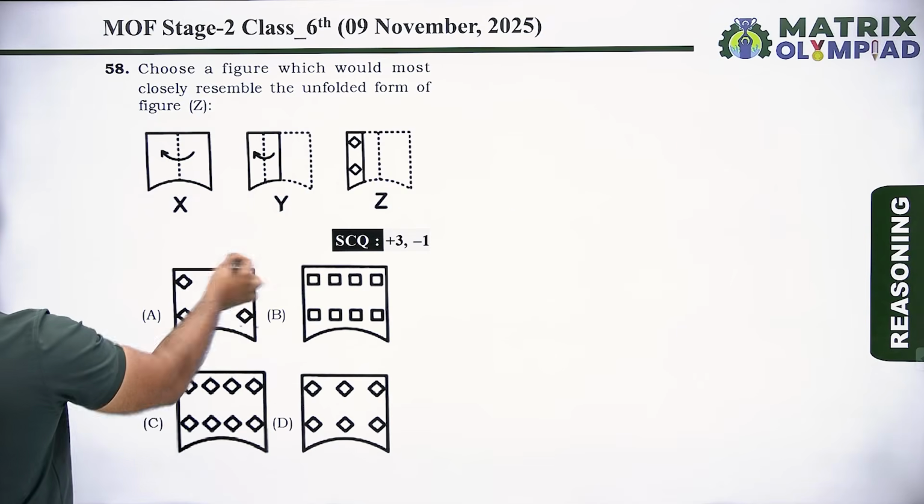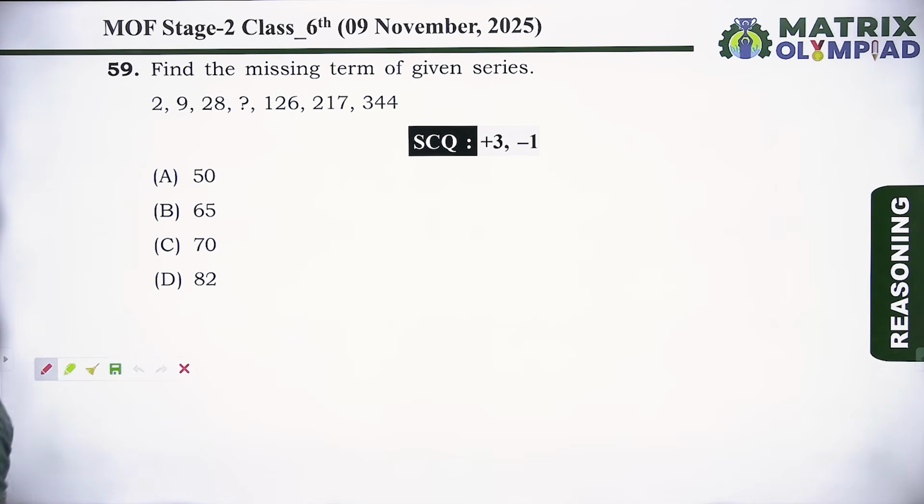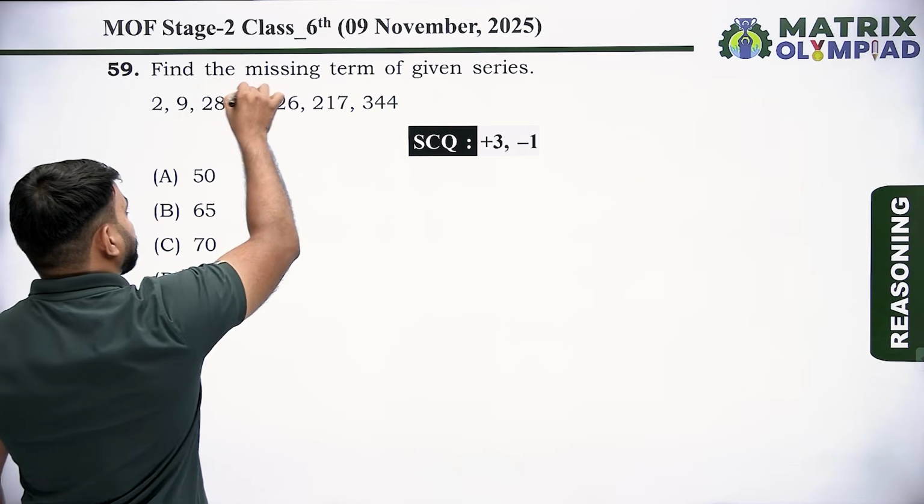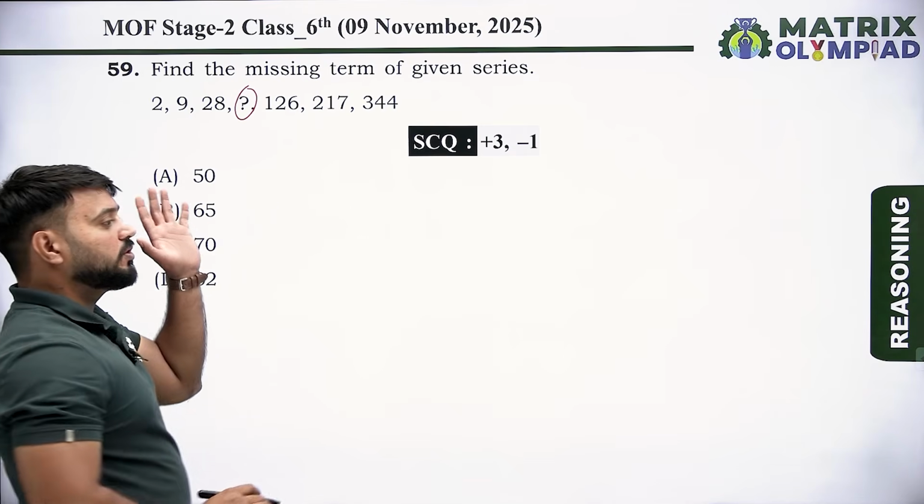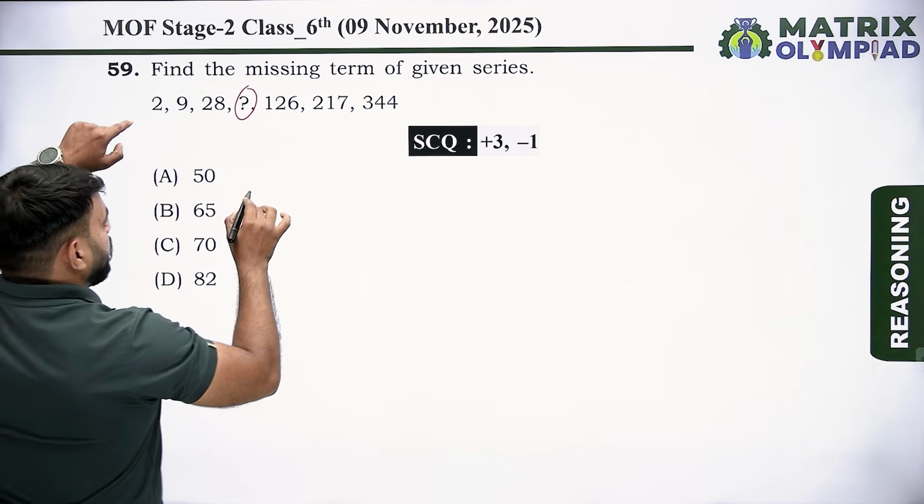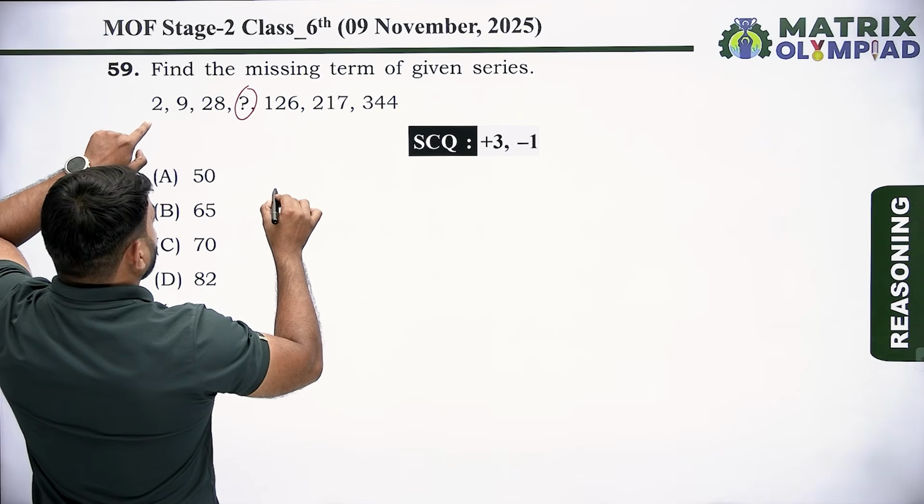Let's move on to the next question. So now next question is question number 59. Find the missing term of the given series. So find the missing number of the given number series. So first find the pattern of the given series. So the pattern of the series is